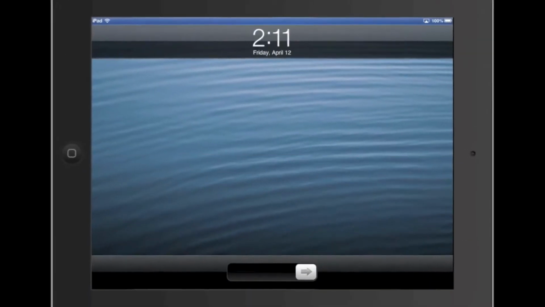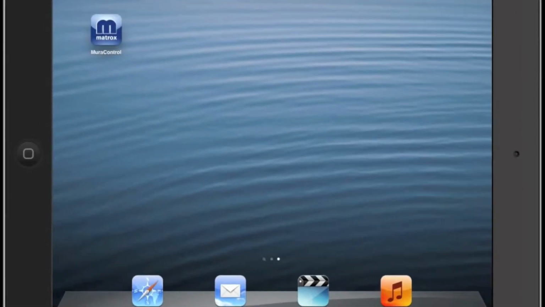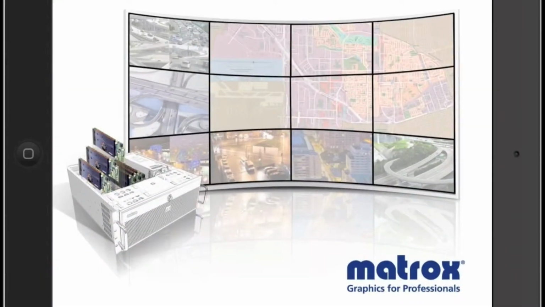We will be specifically looking at Matrox's Mirror Control app for the iPad. This free iPad app is available in the App Store and can be used as a remote control for your video wall. It communicates with the TVC hardware via a wireless connection to the local area network. Running in the background on the TVC system is a network API that is listening for commands from the remote software running on the iPad. The collection of content windows and where they are located on the video wall is called a layout. The iPad app can be used to create and recall multiple layouts.